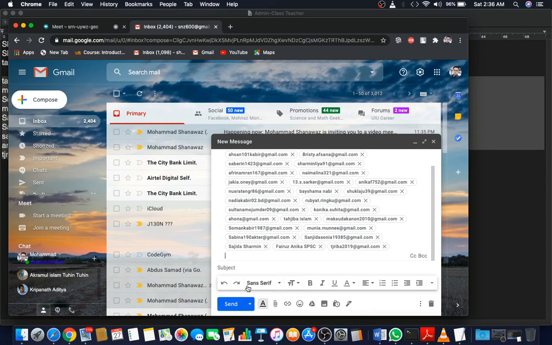So all the teachers and the rest of the 20 students get the email, and they can connect to the meeting.